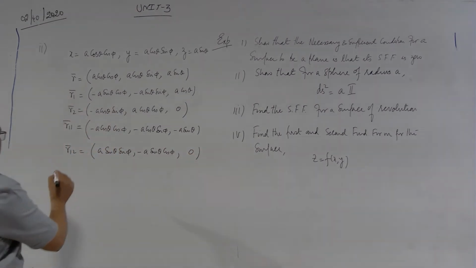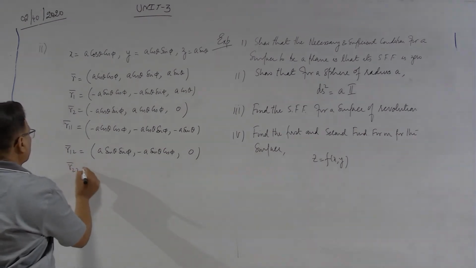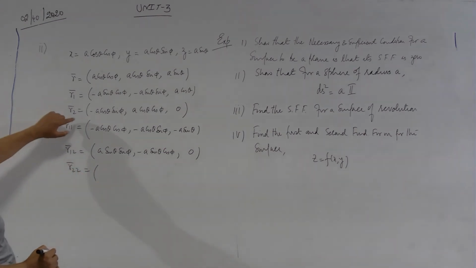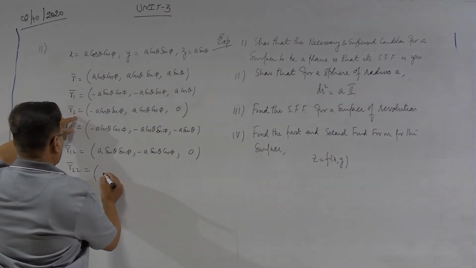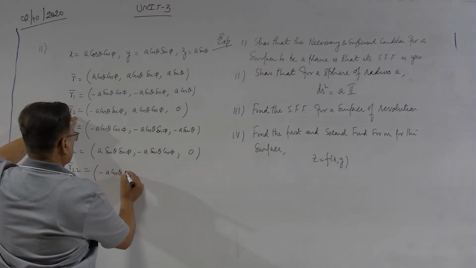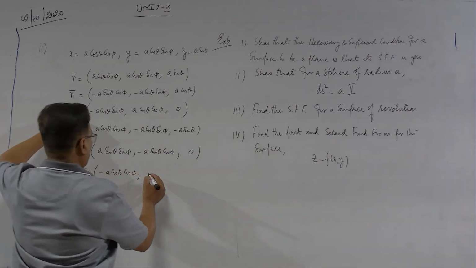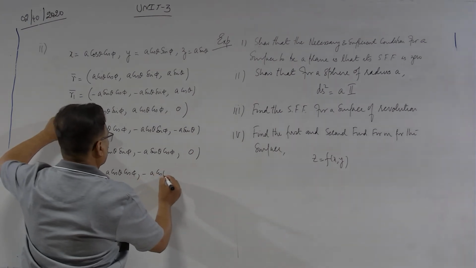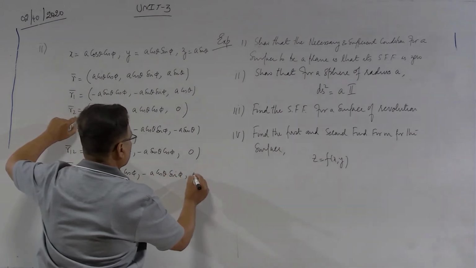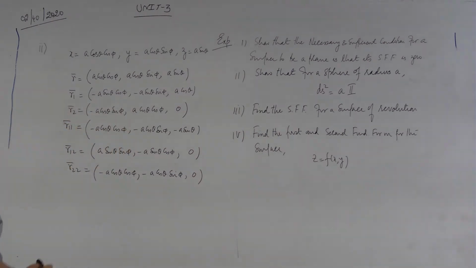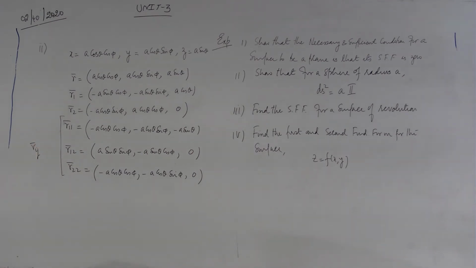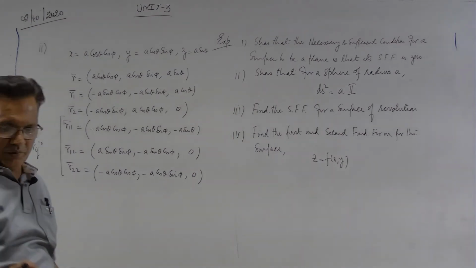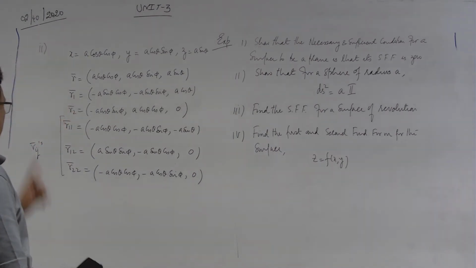Okay. And R22 also we can compute. So, you have to differentiate R2 with respect to phi. So, this is minus a cos theta cos phi, and minus once again a cos theta sin phi, and 0. So, these are Rij's. Okay. Now, you have to compute Bij. So, for Bij I need